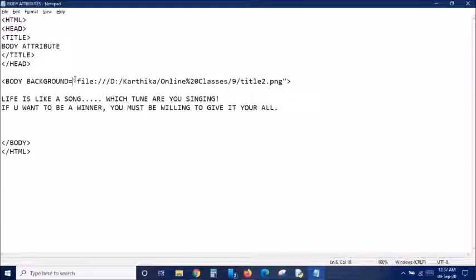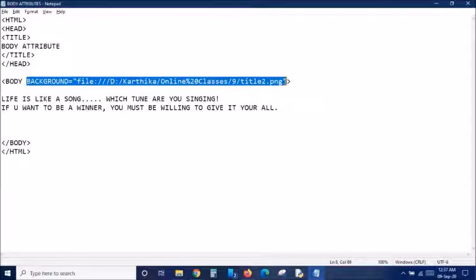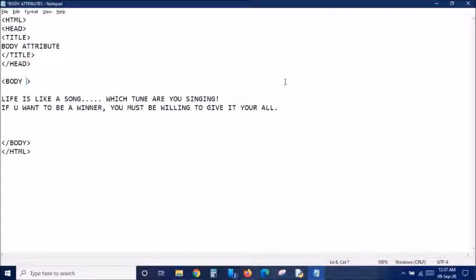The other thing which we are going to learn is how can we give a background color. Instead of inserting a picture as a background, we can give a color as a background. In that case you cannot use the background attribute, so both cannot be used at the same time. Now we are going to type the attribute for the background color. For that, bgcolor is the attribute of the body tag.